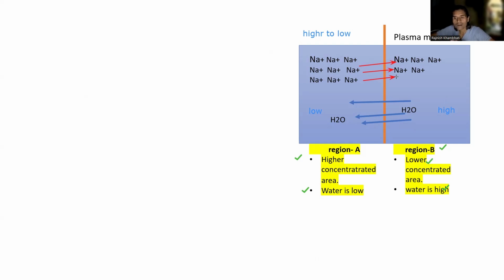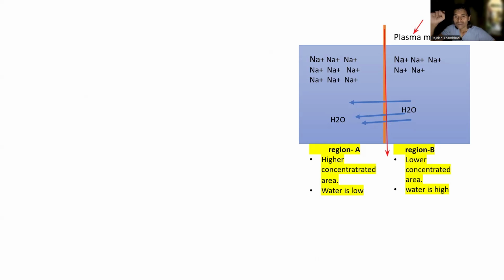But you can see the difference: both areas are separated by this plasma membrane. You can see this is the plasma membrane. So the plasma membrane is dividing both the structures. Because of that, Na plus is unable to cross the membrane. It can't cross the membrane. So when Na plus cannot cross the membrane, in such a situation,